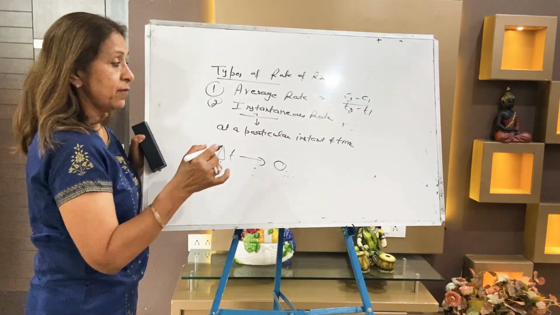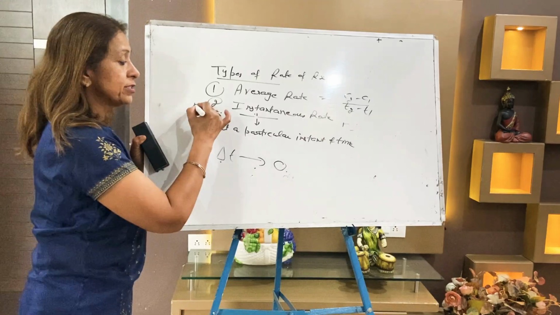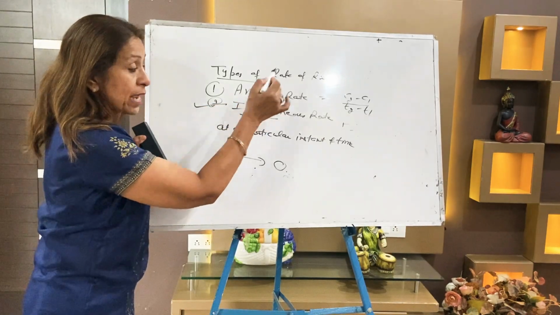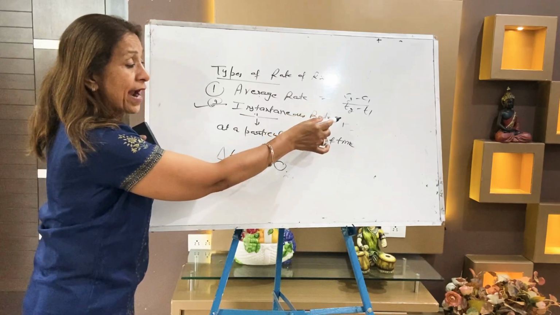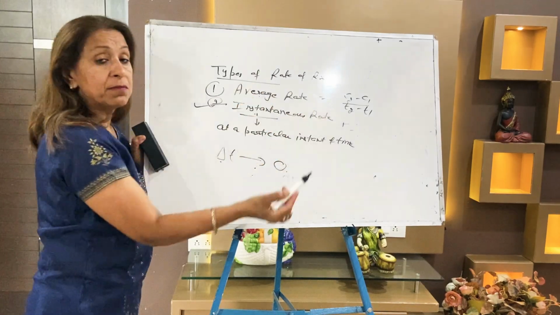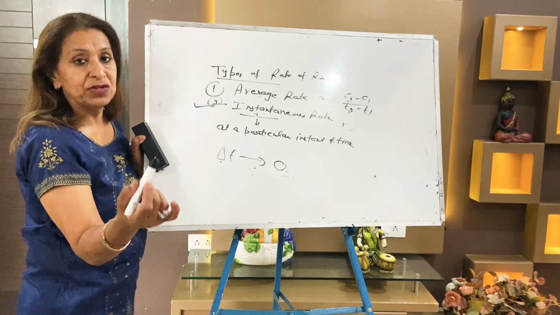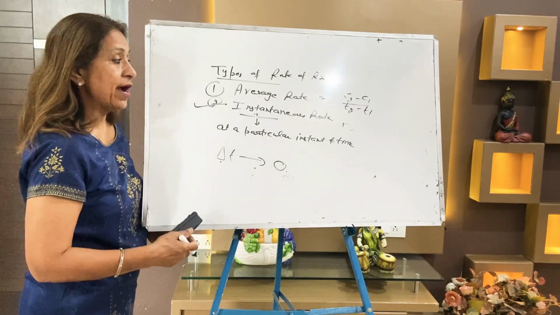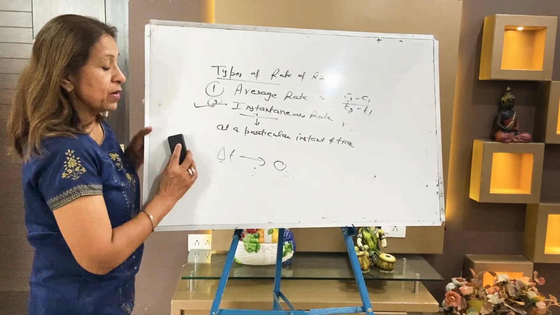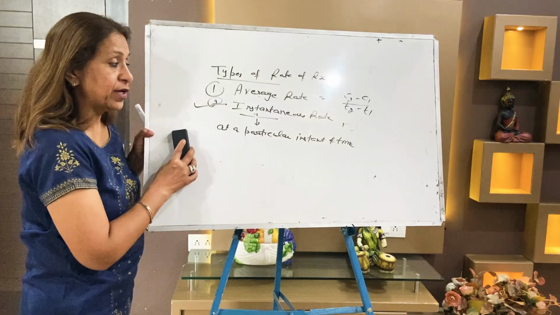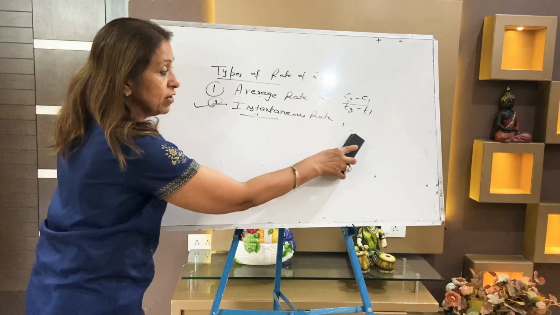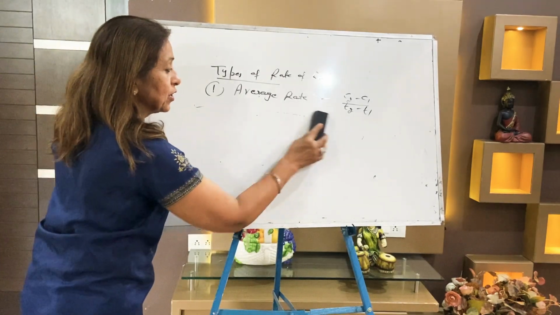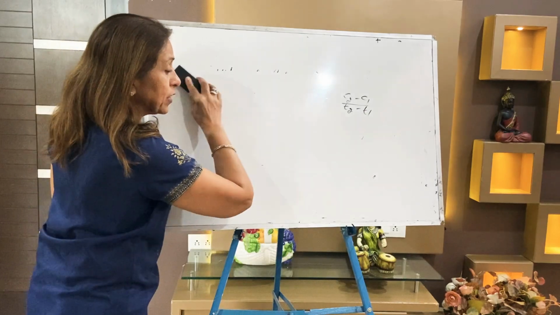And always remember, out of these two rates, instantaneous rate is preferred, because in average rate, the time interval is more. So over the maximum time interval, the concentration will change. So the instantaneous rate is always better than the average rate, because the time interval is more in average rate, so the concentration will change when the time interval is more. The instantaneous rate is calculated at a particular time.